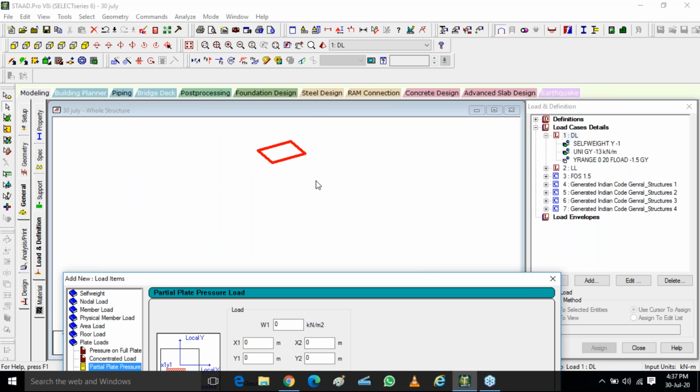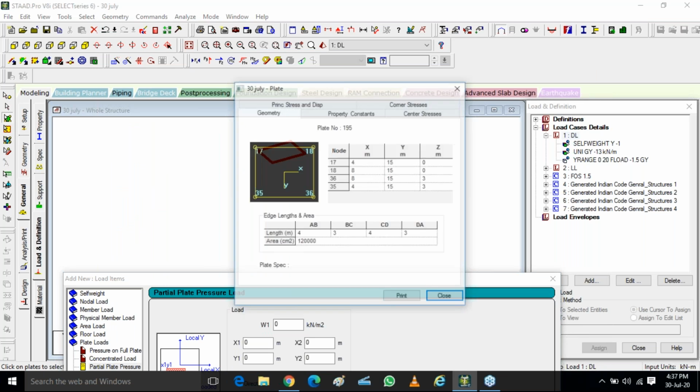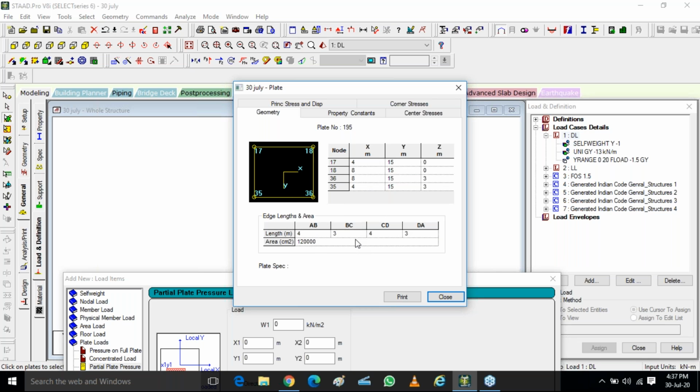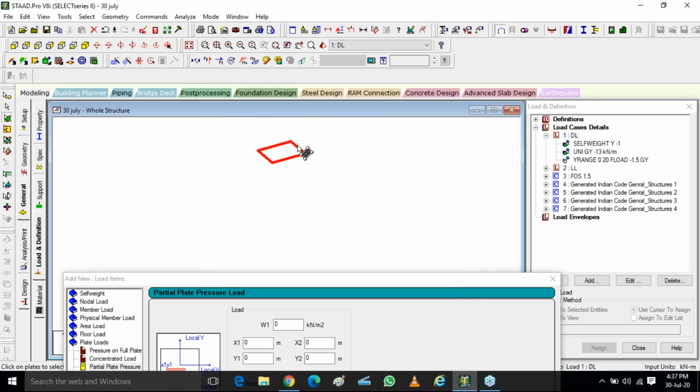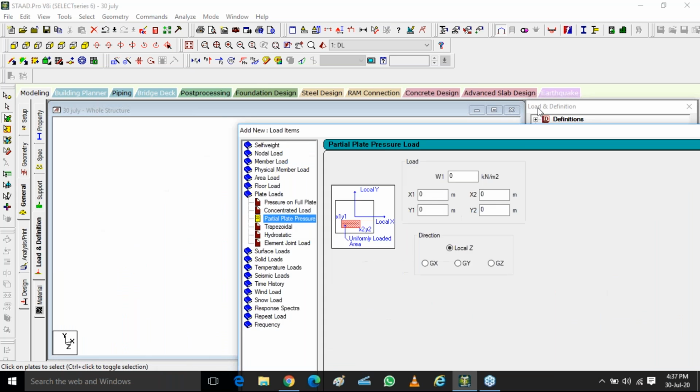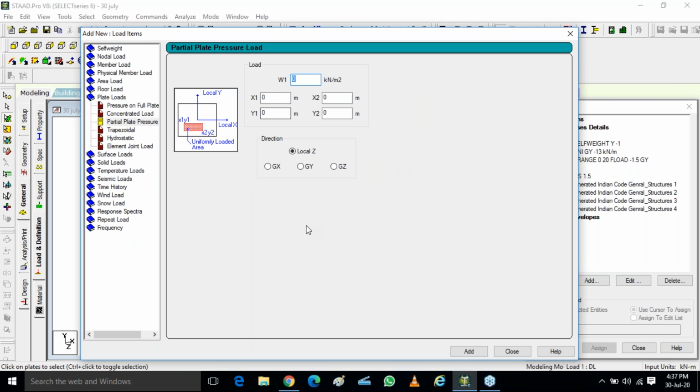So in this you can see this is your plate. If I select this plate, can you see this? The size of this plate is 4 by 3, which means this is your length, this is your width. So 4 meter and 3 meter. Suppose I have to keep my water tank at the center. I have to mention what is the load of the water tank. So for the load of the water tank, it is 2 kilonewton per meter square. If you want to calculate, you can calculate. 1 kg equals 0.1 kilonewton, or 10 kg equals 1 kilonewton.